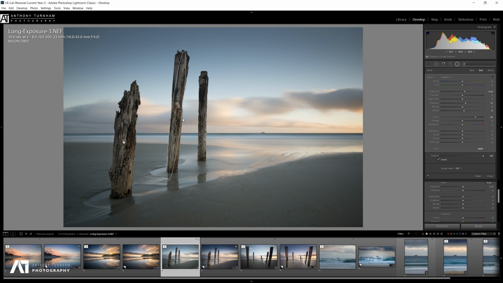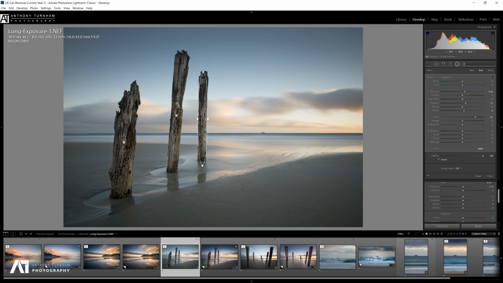Let's do that again by duplicating it and bring it over to this one. And we can again just change the shape to match the wood. We don't need to be precise, but it's certainly helping our cause to bring out that detail and texture in that lovely wood. And I think visually that actually makes a really nice